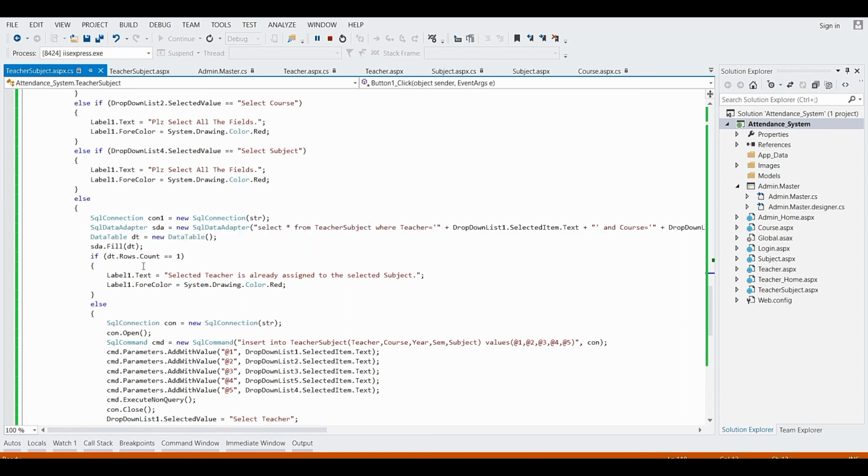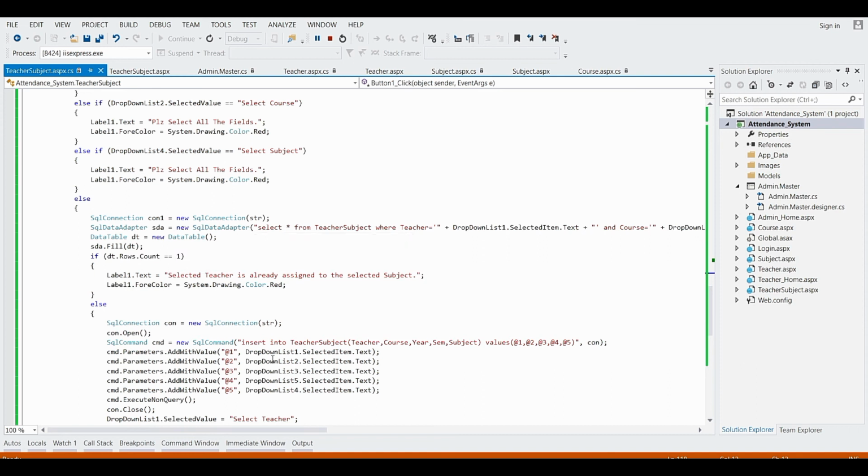First of all, it will check whether the selected subject has already been assigned to that particular teacher. For that we have to write this query. First of all, for communicating to the database, we require a SQL connection. After that, for writing the query, I have taken the SQL data adapter.